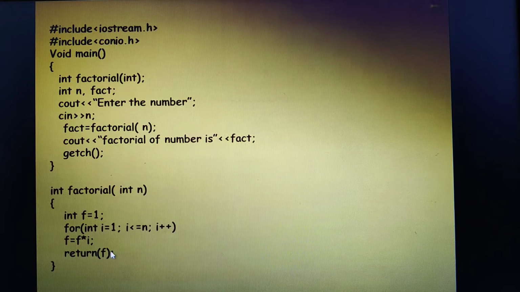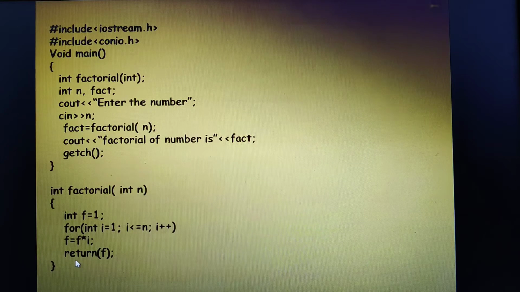Suppose I give the factorial of a given number. If I want to calculate 5 factorial, it is 120. So here, after the iteration, I'll get the value of f to be 120. After executing these series of instructions, we know that the function would return a value to where you have made the function call. That means return f, in the sense return 120, if I give the n value as 5.